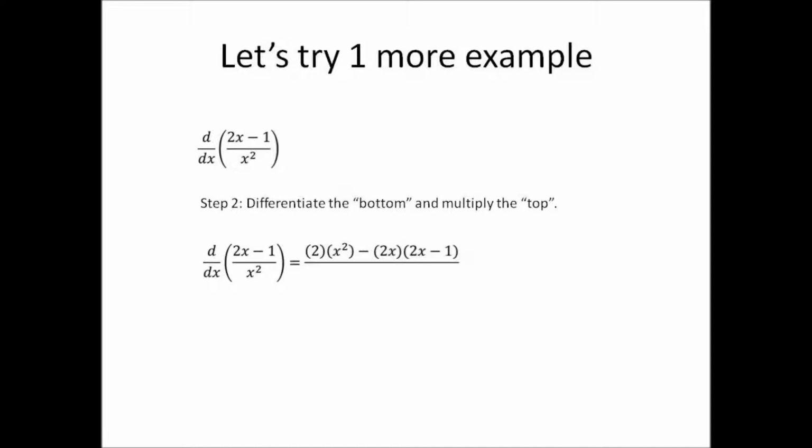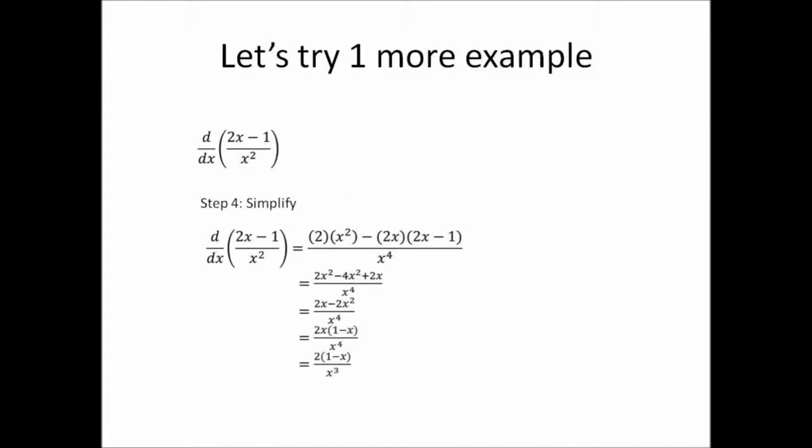Step number 3 is just to square the bottom. So when you square x squared, it is x to the power of 4. And last but not least, simplifying is a very important step. Remember to expand the brackets carefully, especially the part where you have to expand the 2x multiplied with 2x minus 1. There are quite a number of negative signs. And after we do that, we get the answer as 2x minus 2x squared over x to the power of